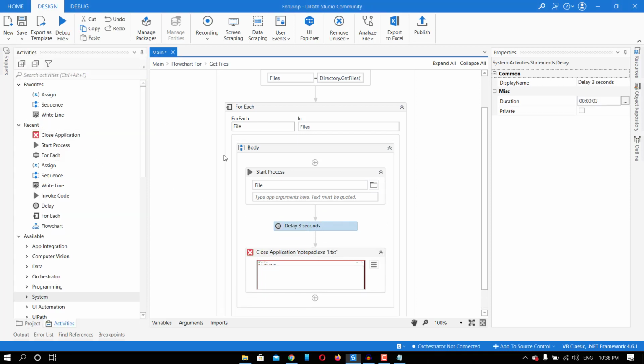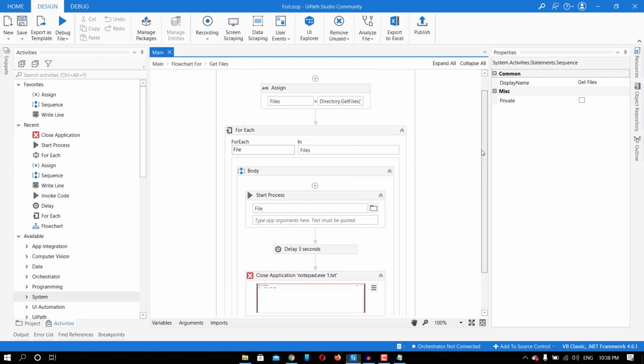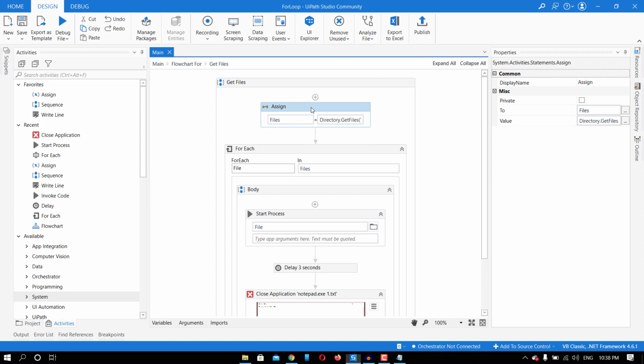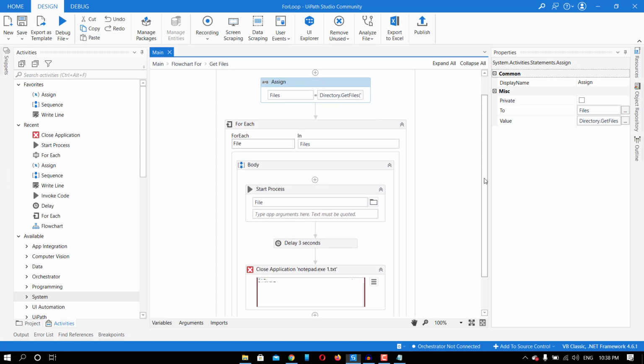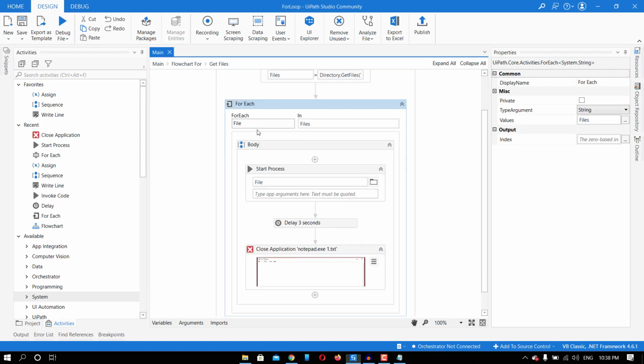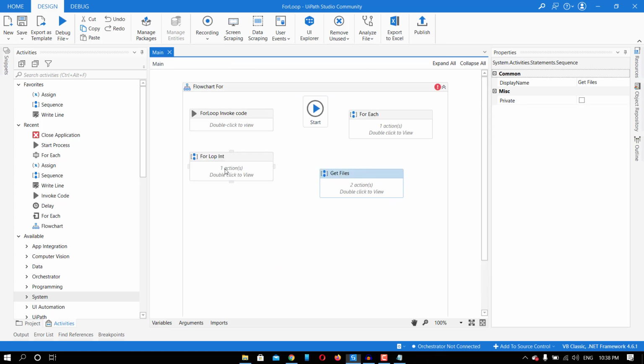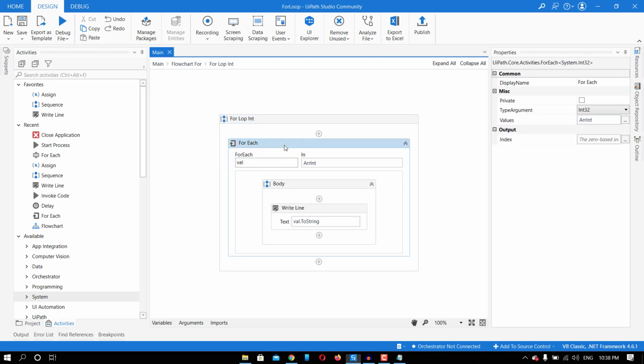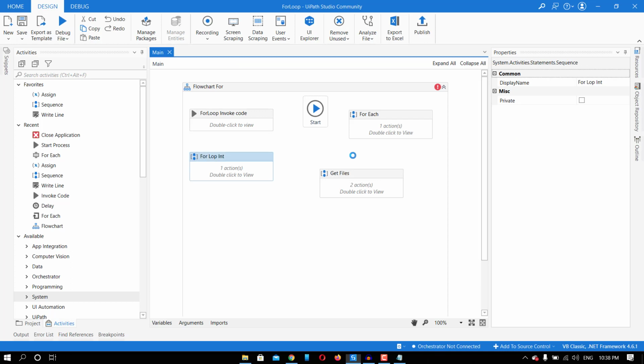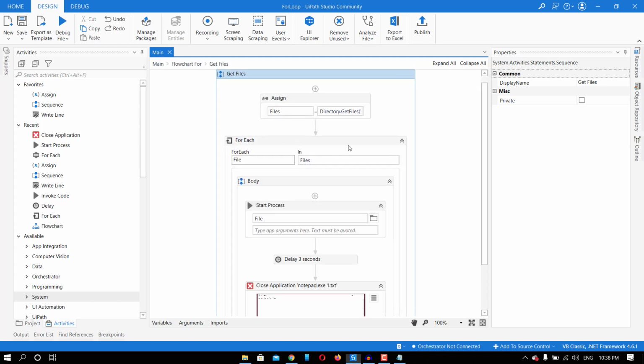So now we have designed the process, so let's just review it. Here I'm getting the files from that particular folder, then I'm taking a for each activity, and within that for each activity I'm taking each file one by one, because if you remember the earlier example, the for each loop will iterate through each item one by one, right? In the same way here for files, it will iterate through each file one by one.